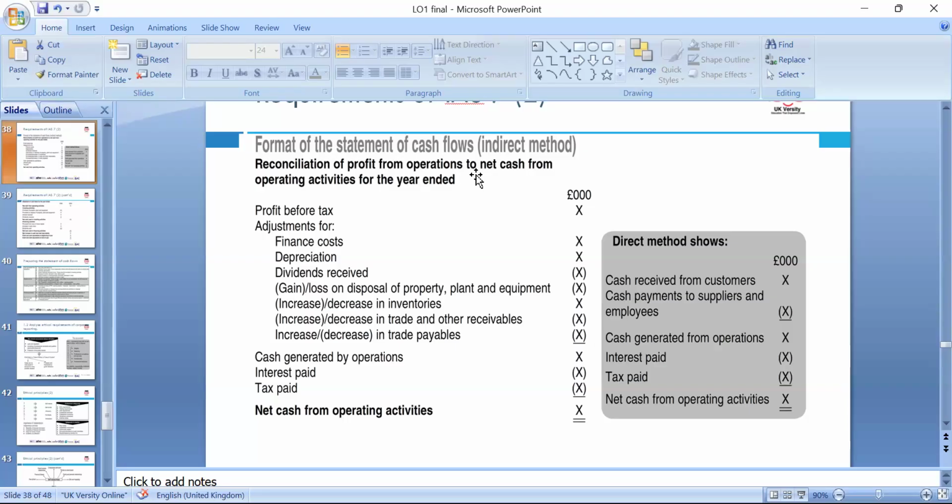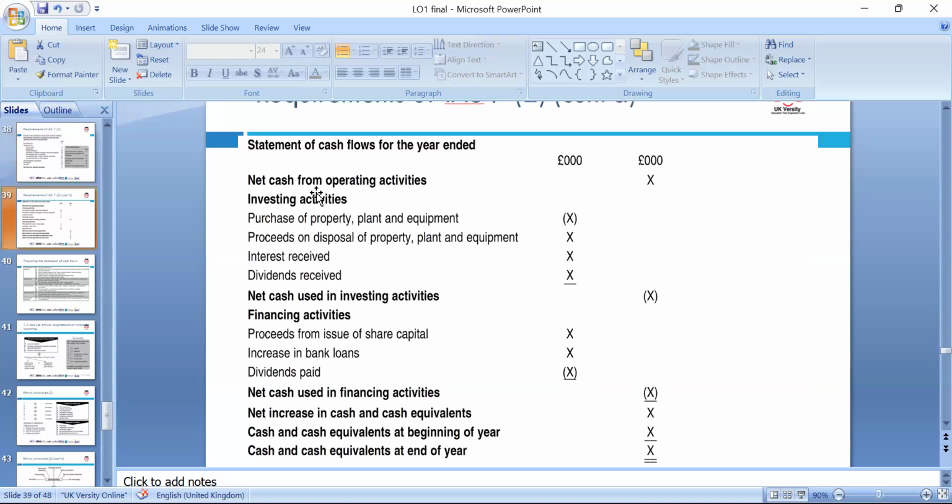And the cash flows under these, we can make the adjustments accordingly, because of the finance costs and depreciation. If you deducted it in the first place in the books, because depreciation is a non-cash expense, you add it back. So think about the changes in inventory, trade receivables, trade payables compared to last year's figures, they impact the cash flow, so we need to make adjustments accordingly. Then we look at the investing activities, financing activities and operating activities, how much cash increased or decreased compared to last year, and what the overall effect is.